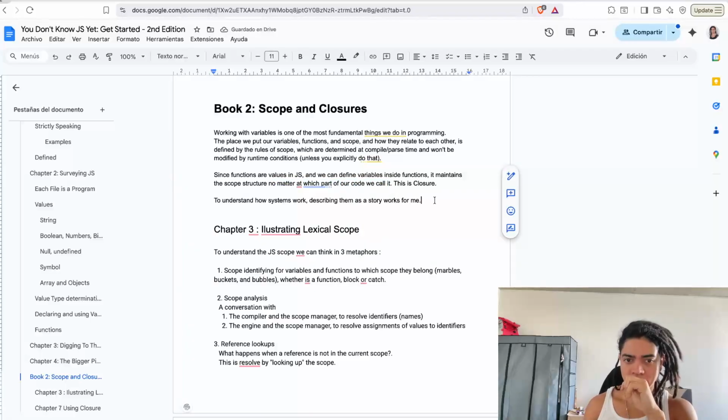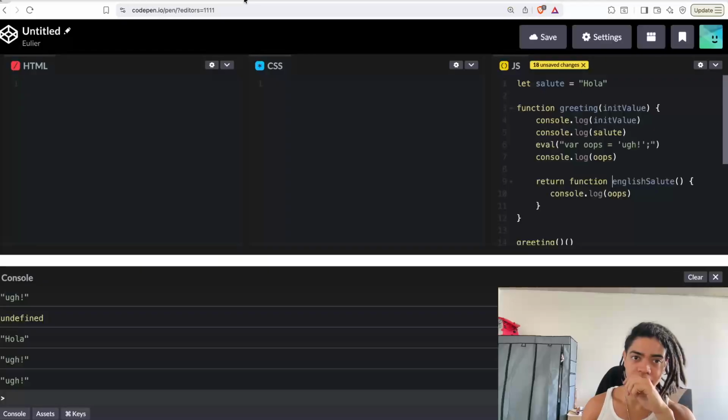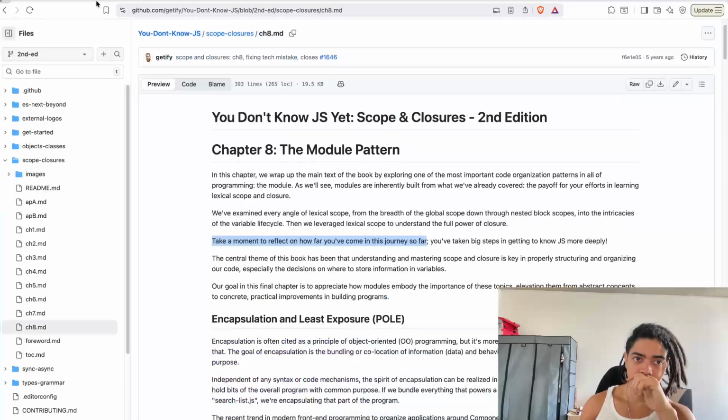Okay. Yeah. To understand how systems work, describing it as a story works for me. Absolutely. This requires a very systematic approach. So yeah, after this we explore